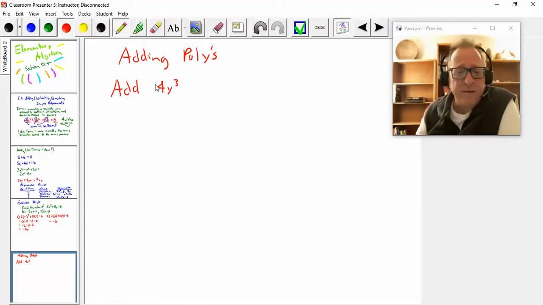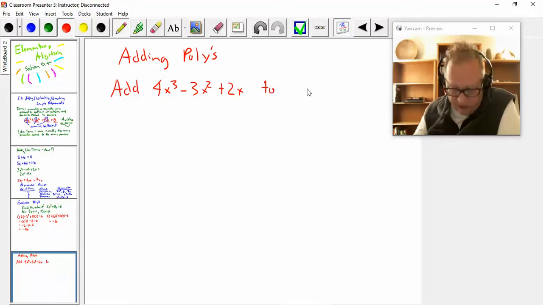No, I'm not going to do this problem. I take it back. This one I had an error in, so I'm just going to jump to my second one. Add 4x cubed minus 3x squared plus 2x. Add that polynomial to 6x cubed plus 3x squared